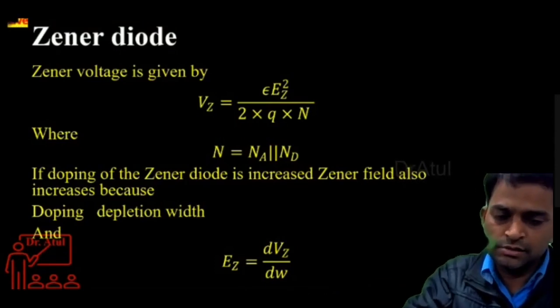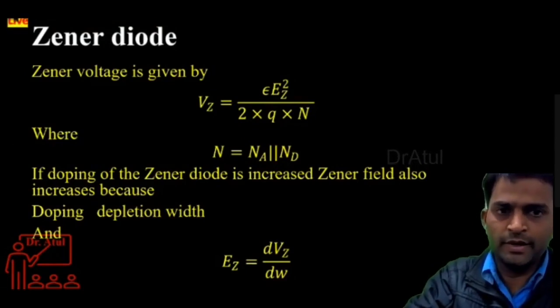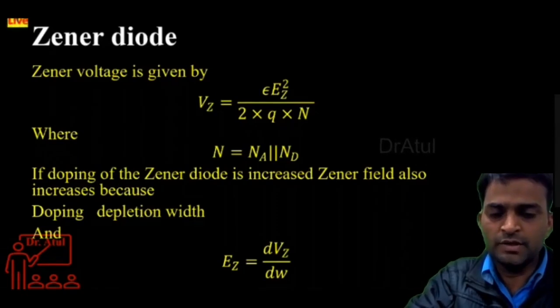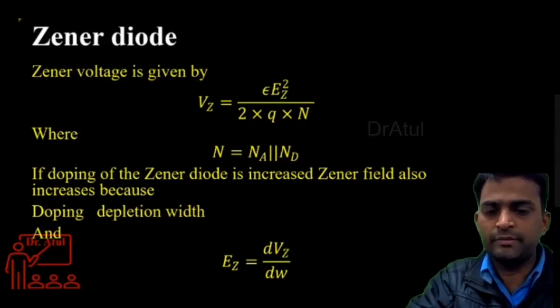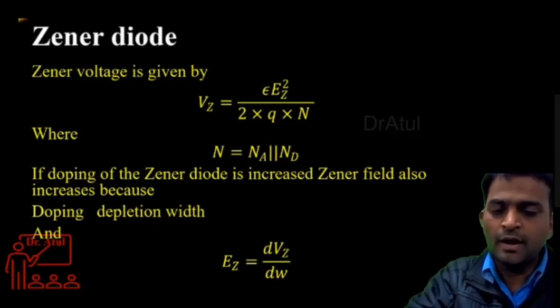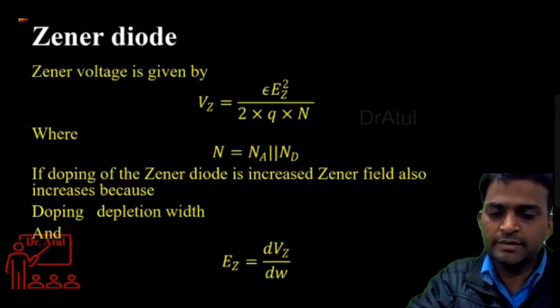Okay, so here this epsilon is the permittivity of the material, which is equal to epsilon naught into epsilon r. Epsilon naught is the absolute permittivity, and epsilon r is the relative permittivity of the material. And Ez is the